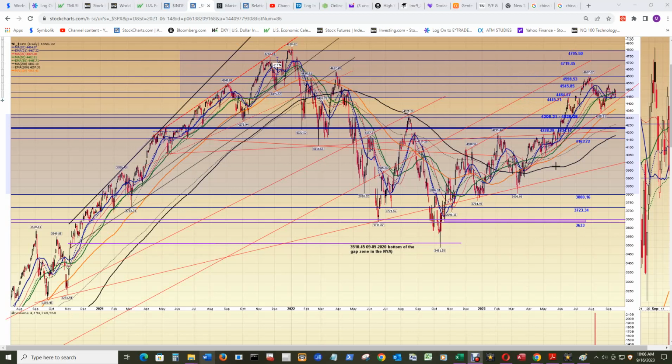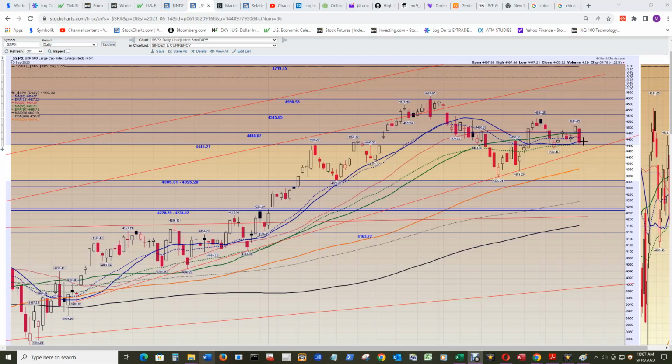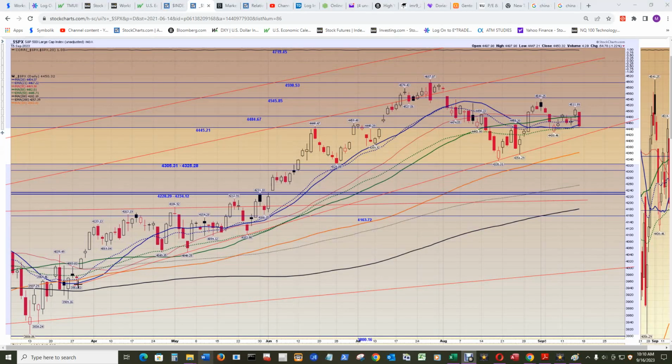So I'm going to zoom in a bit now. So if it does break down out of that upper zone here, this uptrend line here from March 28th, 2023, so it starts there. You can see a nice hit got nailed here. They all nailed that line. This one here just went slightly below it. This one here pretty much nailed it. So that's a good line there to keep an eye on if it makes it back into this no man's land. And that level for Monday is at